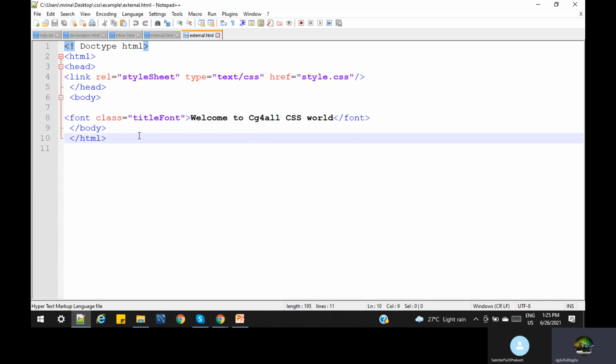Now we are giving a class. Suppose I'm talking to you, we need your name to call you. In the same way, when we go to this file, which contains many CSS elements, we must say which class we are referring to. We are referring to this title font, so this name only we refer to. First we have to create a file style.css in the same folder, and then we have to create a class. Now let us see how it is.